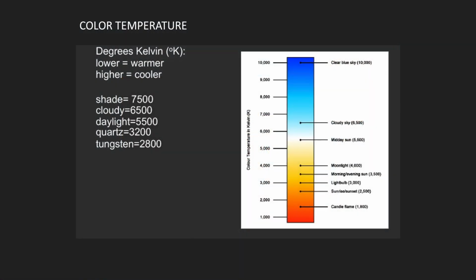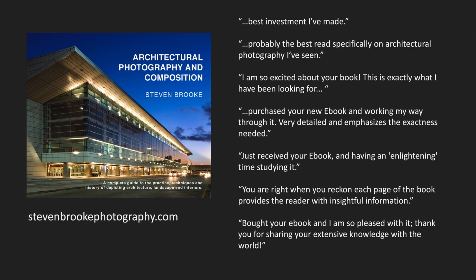Now, here's a quick review of color temperature. You know that for incandescent lighting and halogen lights, the color temperature is somewhere around 3,000, 3,200 degrees Kelvin. And as you go for daylight, it's about 5,500 degrees Kelvin. And as you get to overcast, we're up in the higher numbers. And I do a pretty thorough discussion on color temperatures for both inside and outside, what to consider, how to set your color temperature when you shoot, and you can get that in my book at